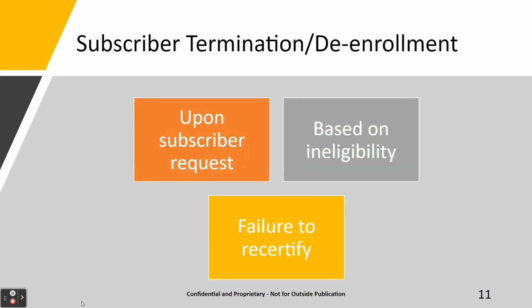Now, on to our final segment. Next up is the subscriber termination and de-enrollment. Subscriber terminations occur in a few ways. First, when they tell us they aren't eligible. Subscribers have an ongoing duty to inform us if they become ineligible, or they can just decide that they don't want ACP or Lifeline anymore. If this is the case, after receiving the request, we have 2 business days to terminate their service.